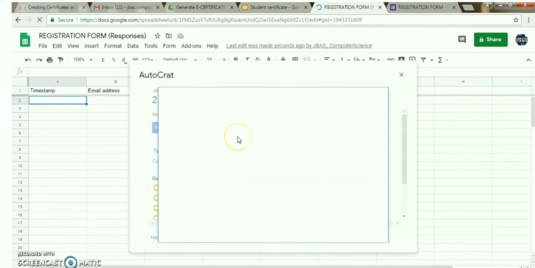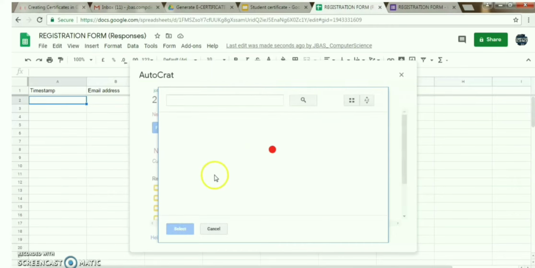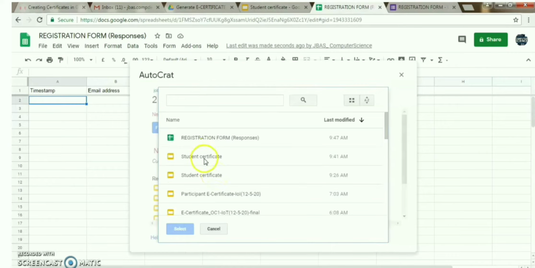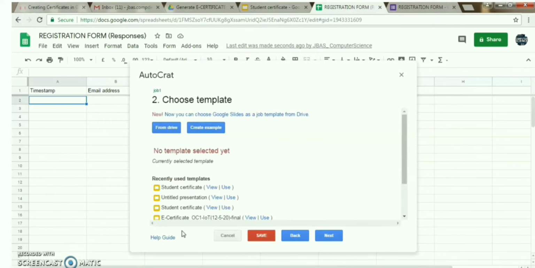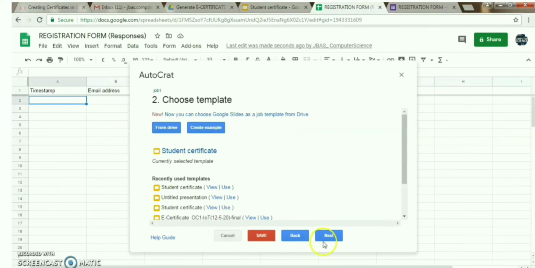See here the option, choose the student certificate and click select. Now it will get uploaded. Okay, it's uploaded successfully. Go to next,